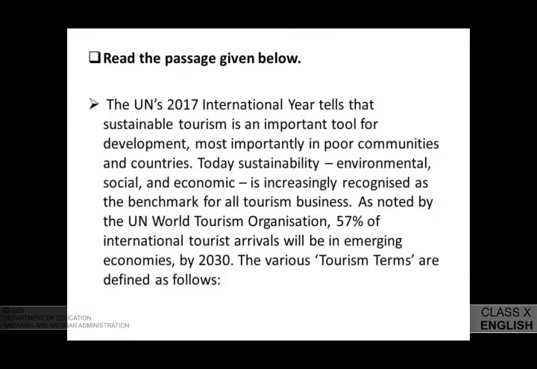The UN's 2017 International Year tells us that sustainable tourism is an important tool for development, most importantly in poor communities and countries. Today, sustainability, environmental, social and economic, is increasingly recognized as the benchmark for all tourism business. As noted by the UN World Tourism Organization, 57% of international tourist arrivals will be in emerging economies by 2030. The various tourism terms are defined as follows: